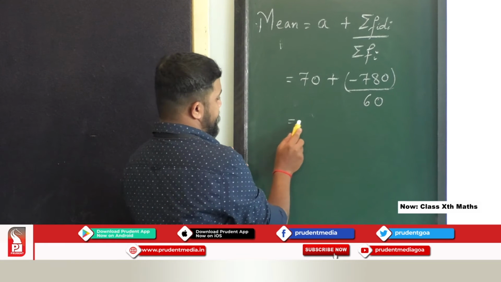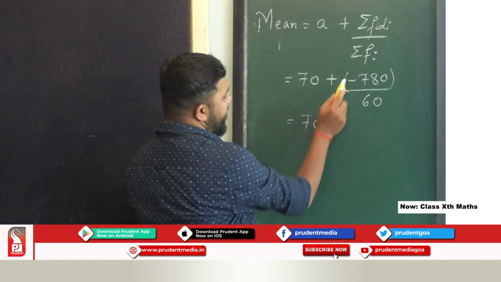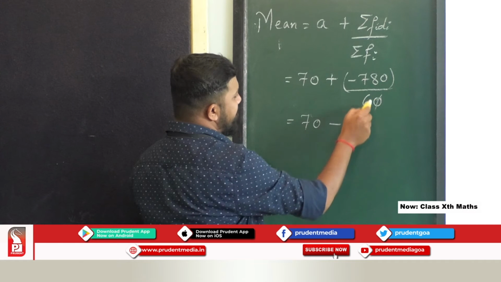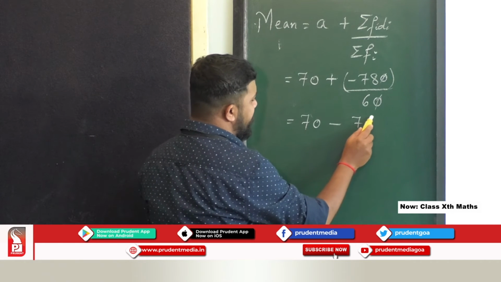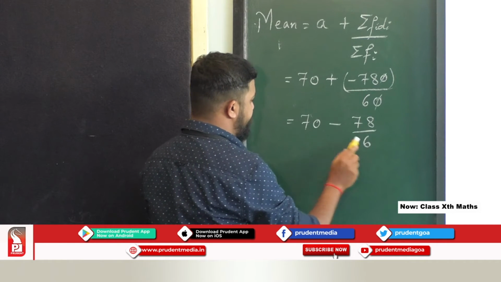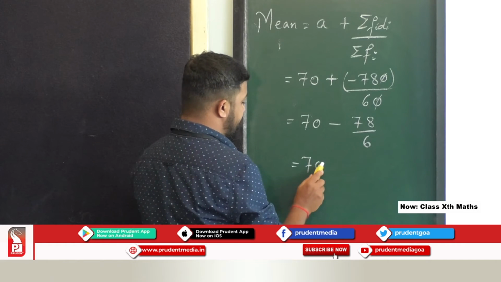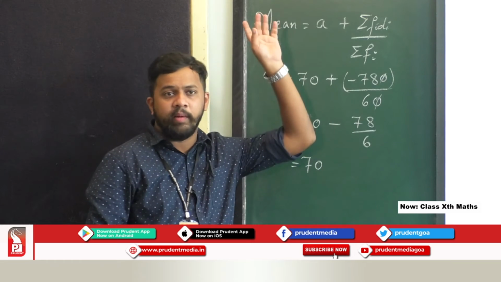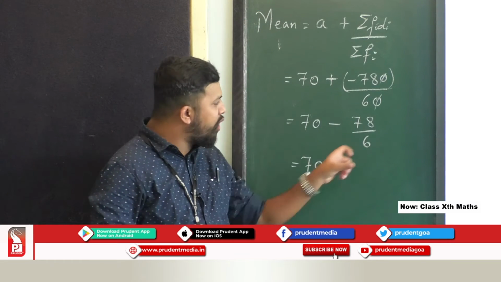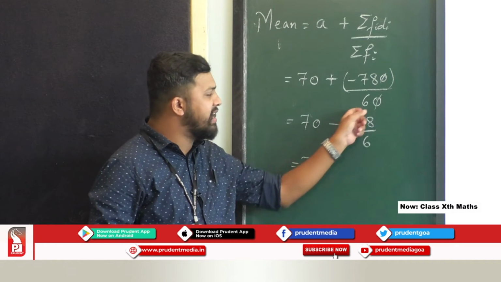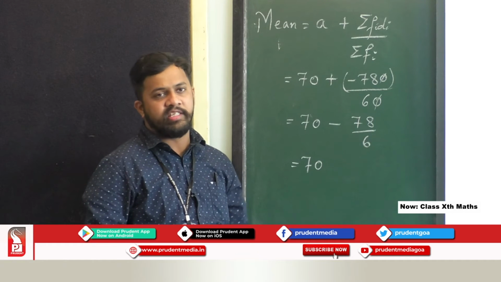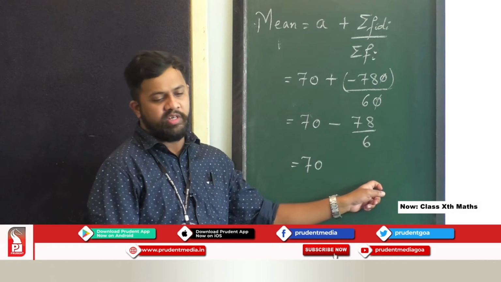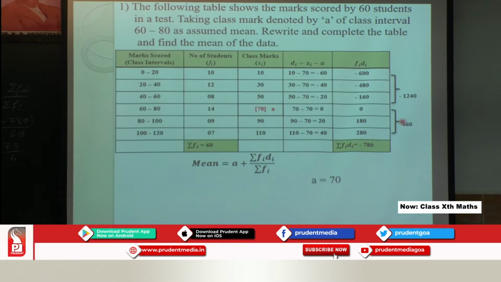The next step, 70 plus into minus, minus. I'll cancel this 0. What I'll get is 78 by 6. So 70, I will not do cross multiplication. 70 into 6, then again a big number will come, then you will get all confused. So what you can do is, you can just find the answer of this 78 by 6. You can just divide 78 by 6 first. Or first of all, you can make it smaller also. You can divide with the 2 table, or I can directly divide with the 6 table.